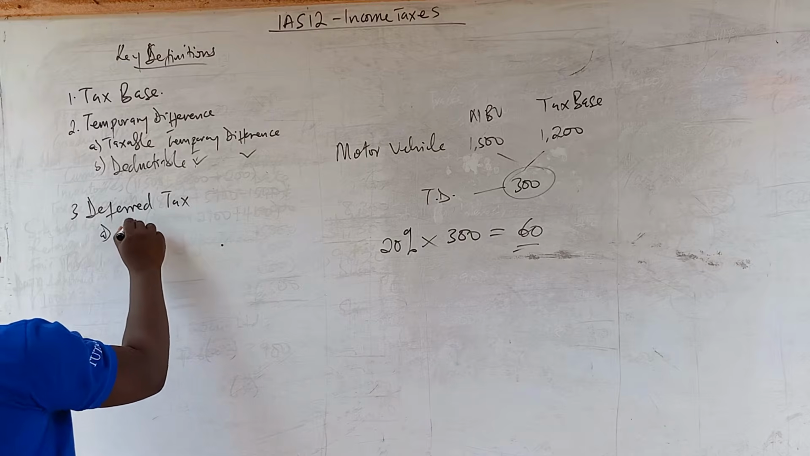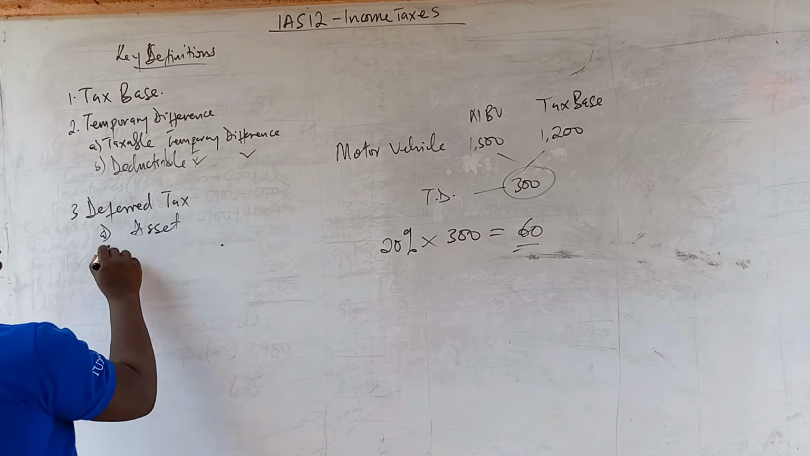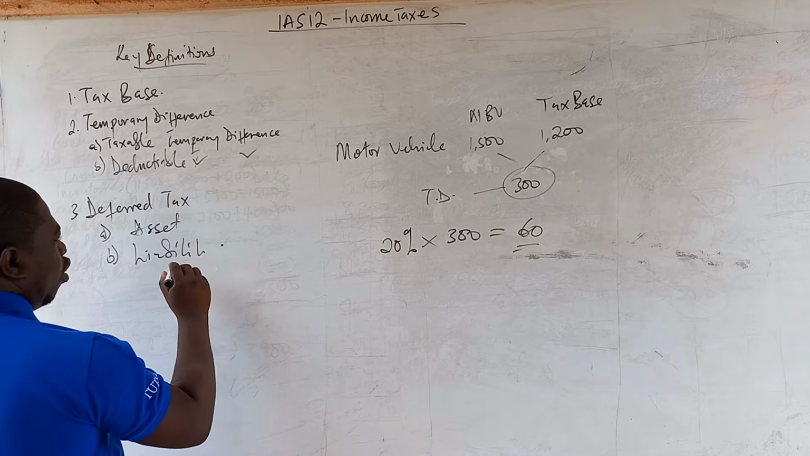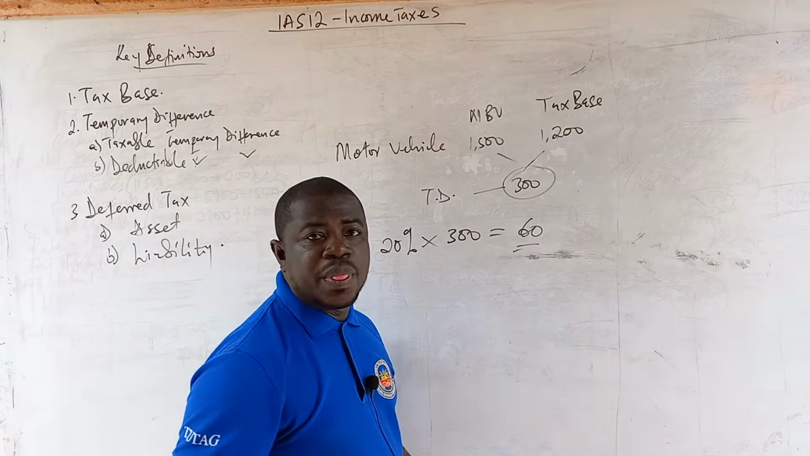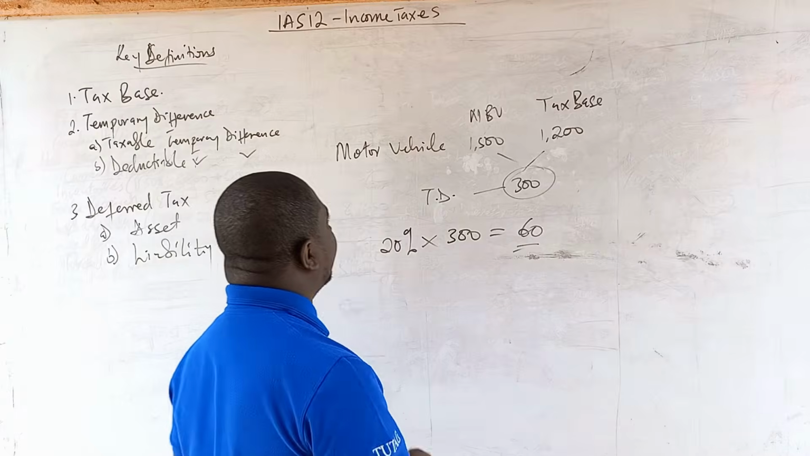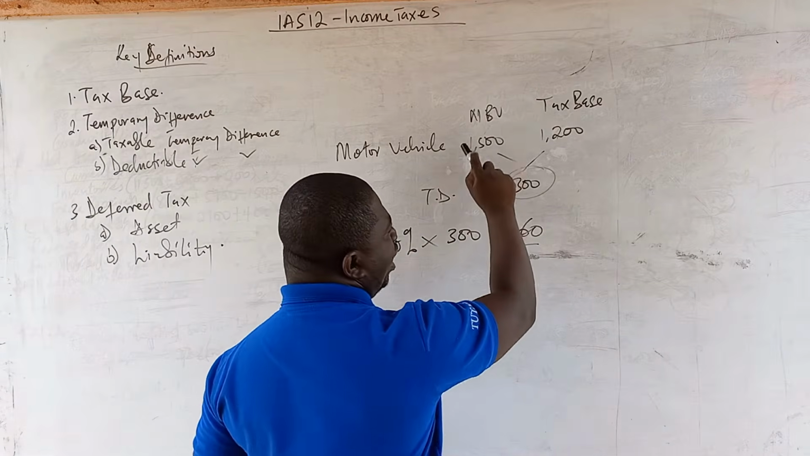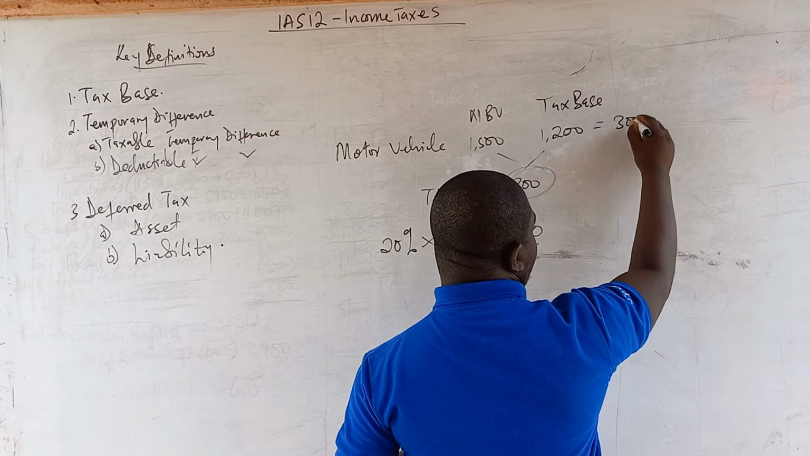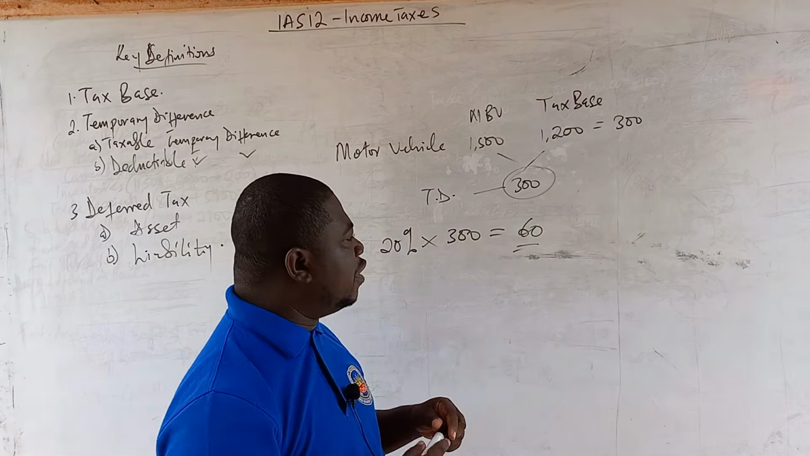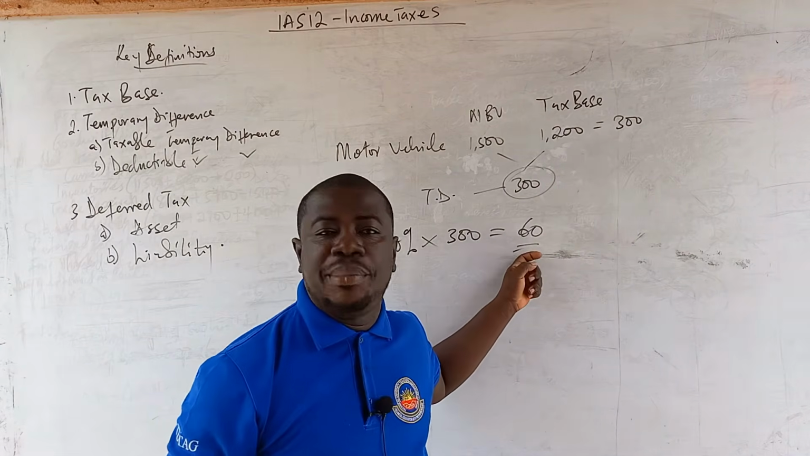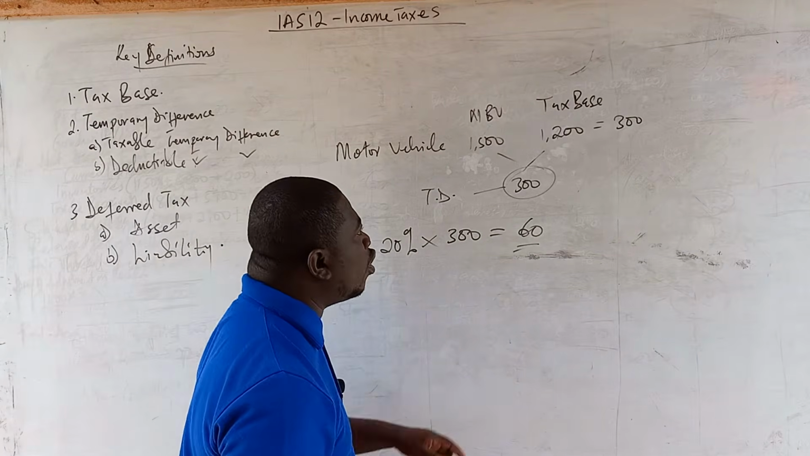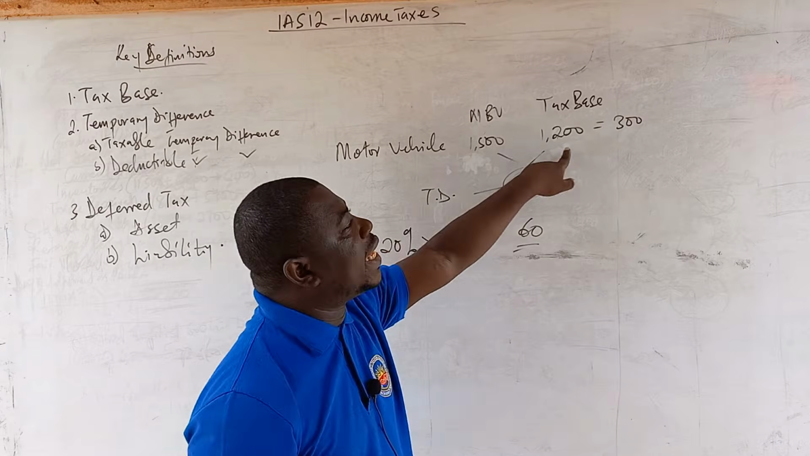Now, deferred tax is in two forms. We have a deferred tax asset and a deferred tax liability. So deferred tax could result in an asset or liability. And this is how it's going to be. When the carrying amount or the net book value is more than the tax base, the difference, when you apply the tax rate on it, becomes a deferred tax liability. So in this case, this 60 will be a deferred tax liability because the carrying amount is exceeding the tax